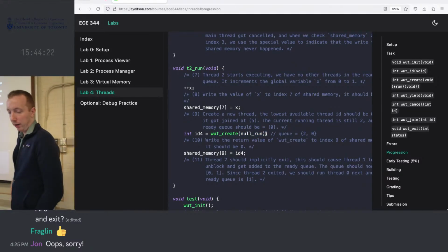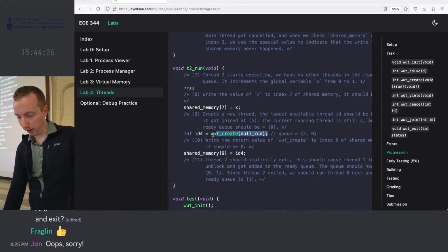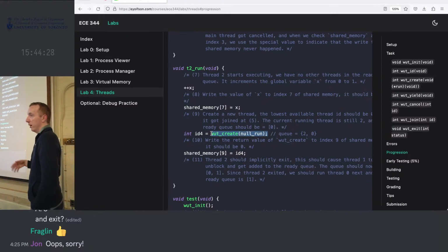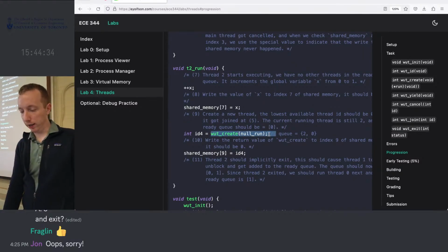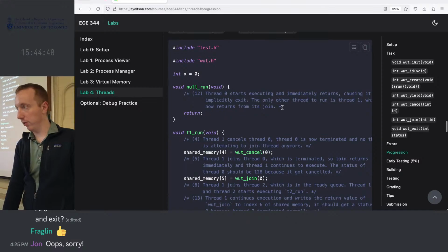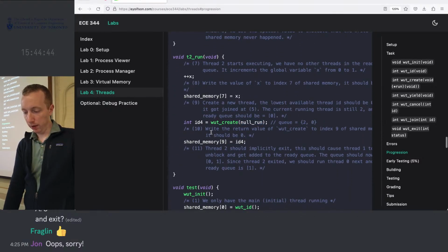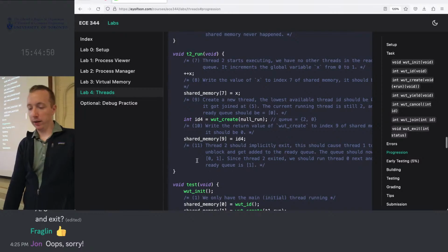So if they create a new thread here, the lowest available ID is now 0 because we joined on it. So this should return ID 0, and thread 0 will want to execute this null run function, which doesn't do anything. So here it just checks the value that it gets from create, and then